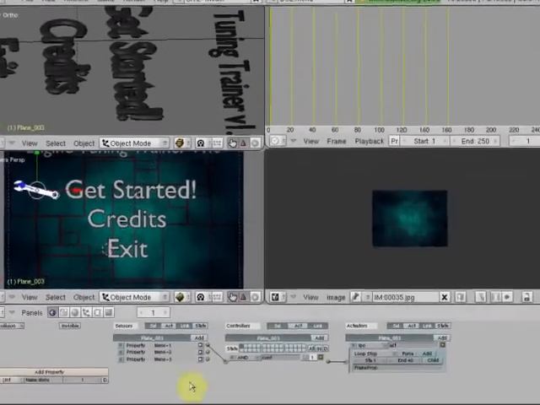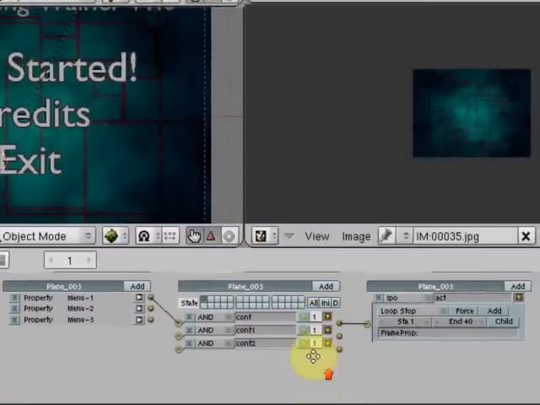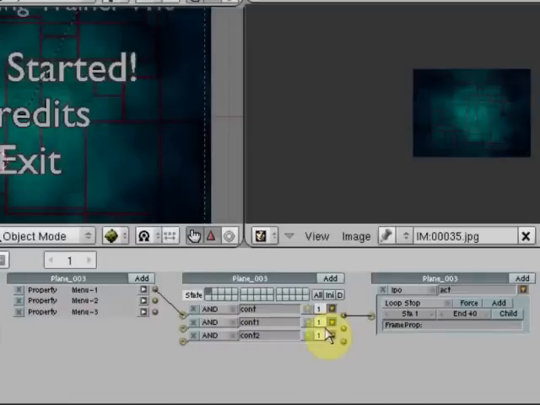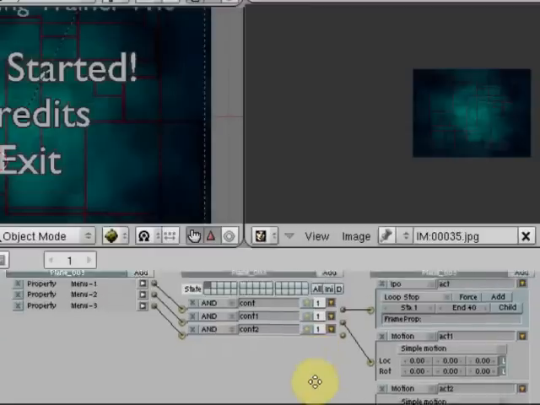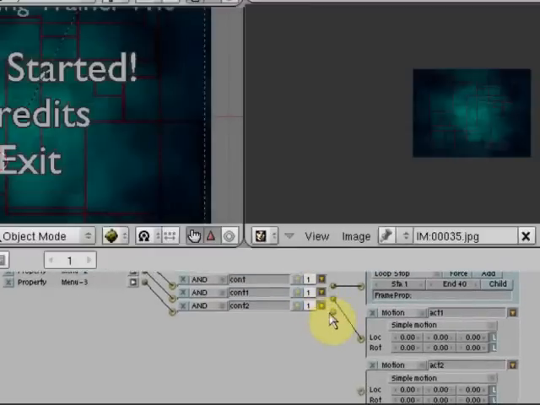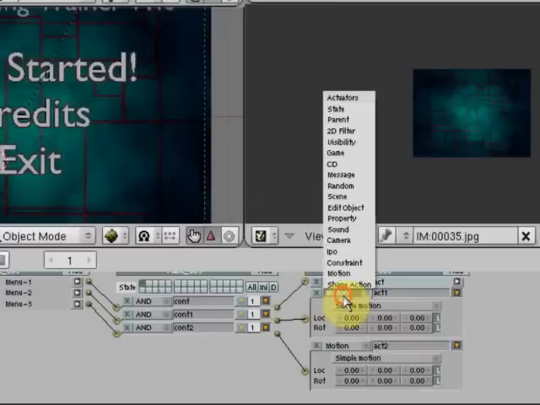So we could continue down to our node editor and continue to connect each one of the menu numbers 1, 2, and 3 to our separate controllers and actuators, and we will basically mimic what we have done, except with a few